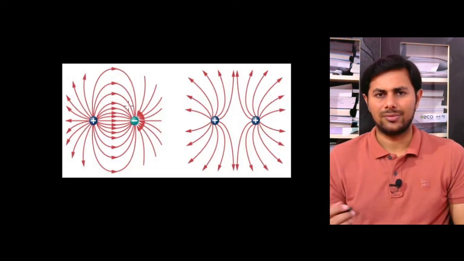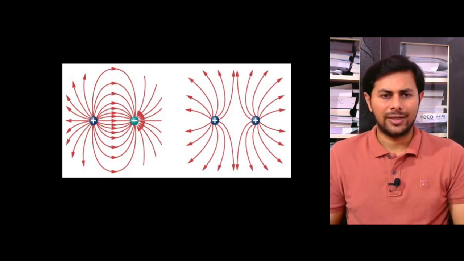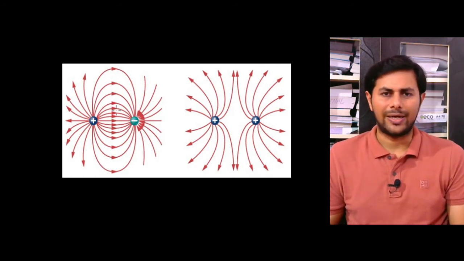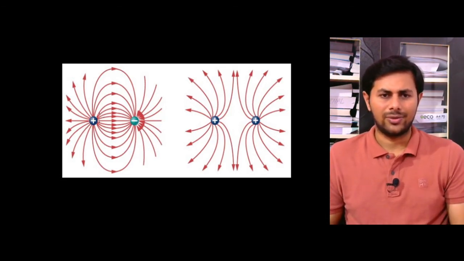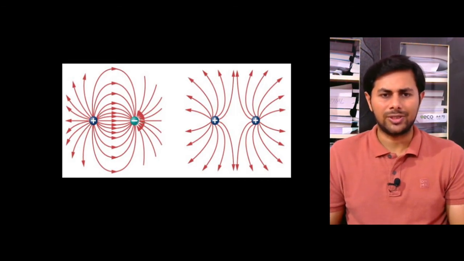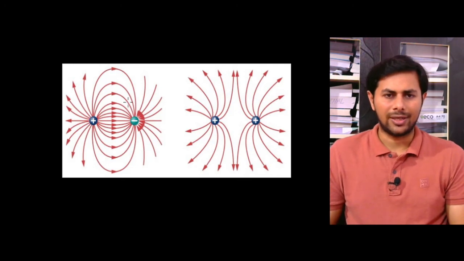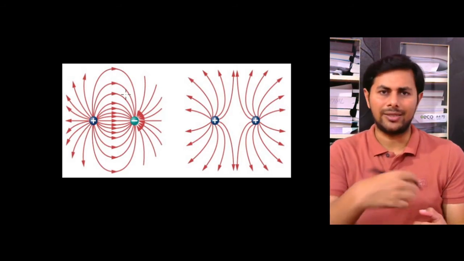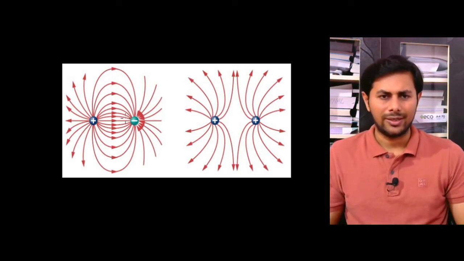Then in this case, there is a positive charge and a negative charge, both of the same magnitude, kept near to each other, and this is how the pattern of electric field lines due to these two charges looks. So there is attraction between this positive charge and this negative charge. So we can think of these curved electric field lines in this way, that the positive charge is pulled by the negative charge towards it. Okay, and therefore the arrows are directed towards this negative charge.